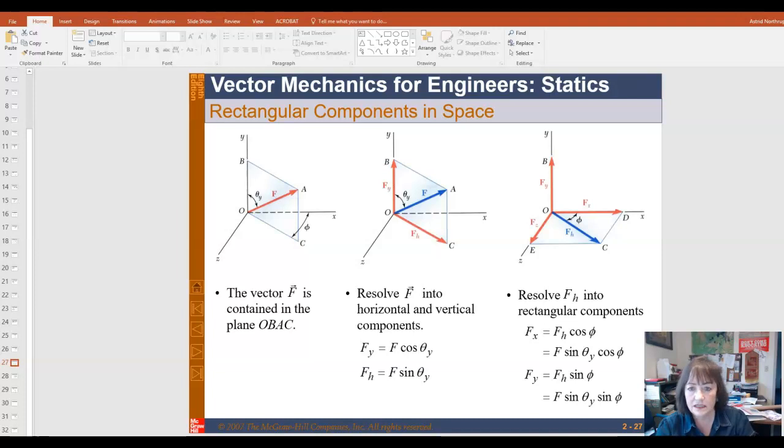So the slide that's on your screen right now is titled Rectangular Components in Space. What we're talking about here, instead of having the XY plane, which is still the plane of the board, or the slide in this case, the z-axis is drawn out and slightly to the left, indicating that it comes out of the page toward you. So in other words, the XY plane is still the piece of paper or the slide that we're working on,